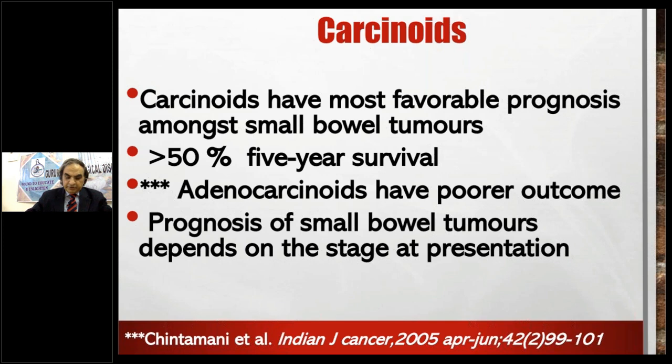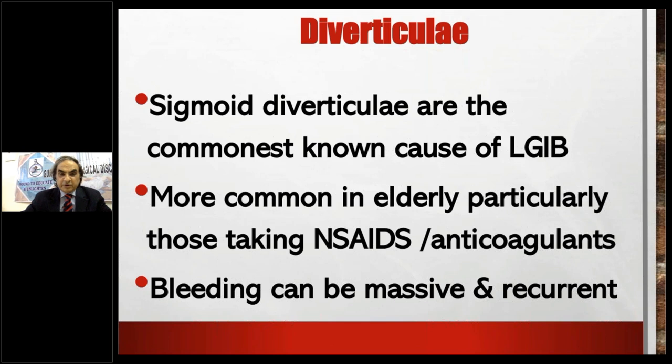And moving on, the diverticula, now the more important causes. The sigmoid diverticula are the commonest cause. So I'm repeating it: angiodysplasia is right side, diverticula left side. On the left side, the sigmoid is the largest area, and that's where they are found more commonly, right? So sigmoid diverticula are the commonest type,